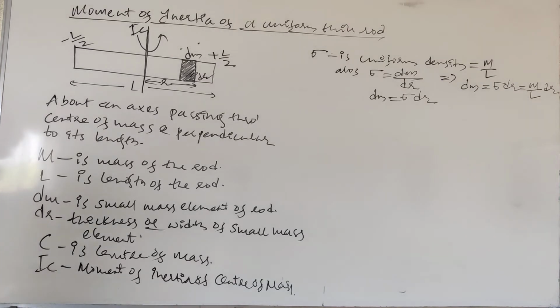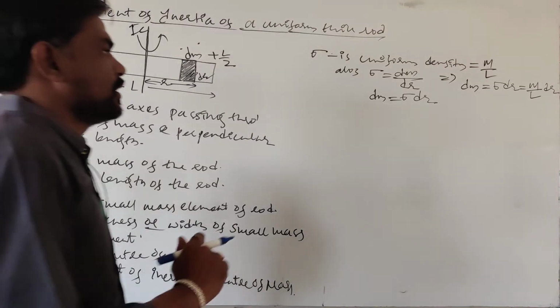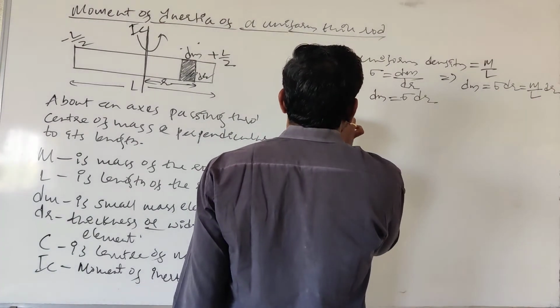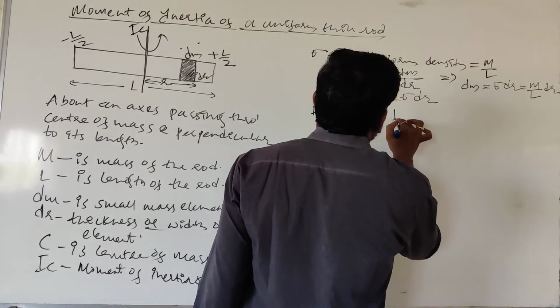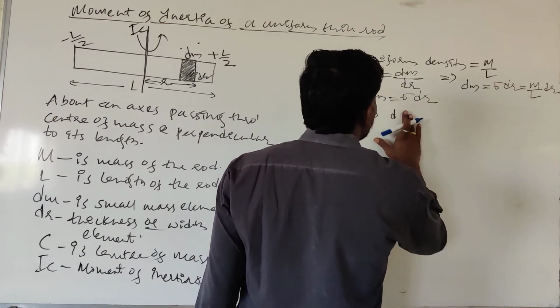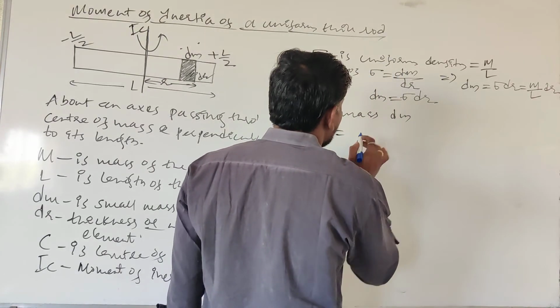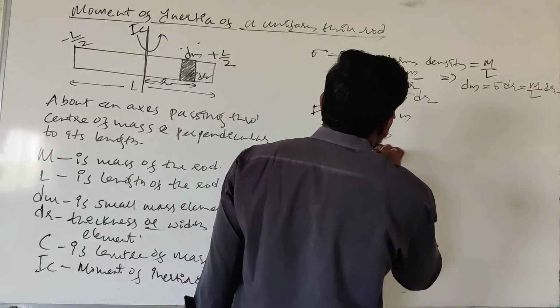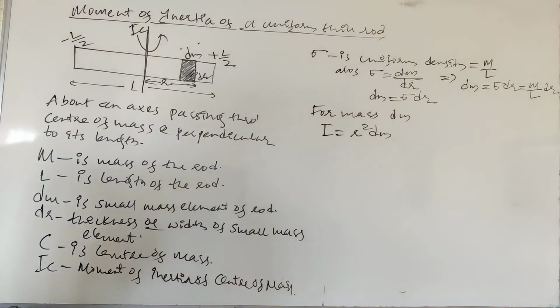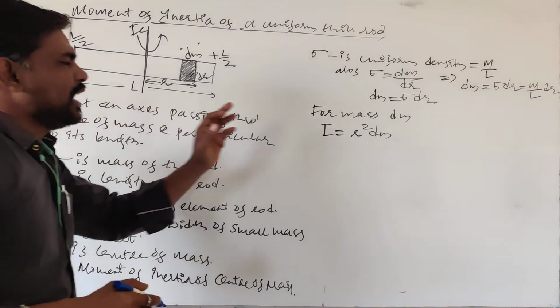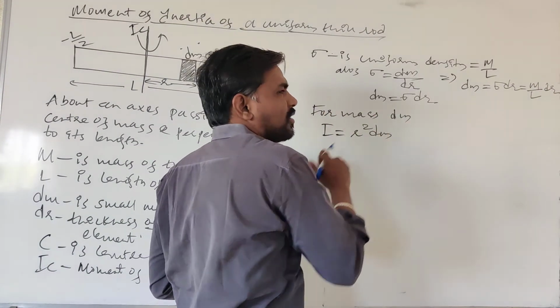So now for mass dm, I is equal to what? I is equal to R square into dm. See here what happens. For a small amount of mass dm,